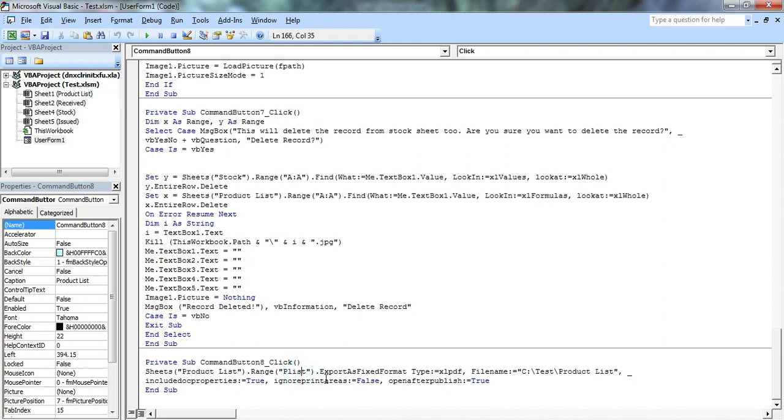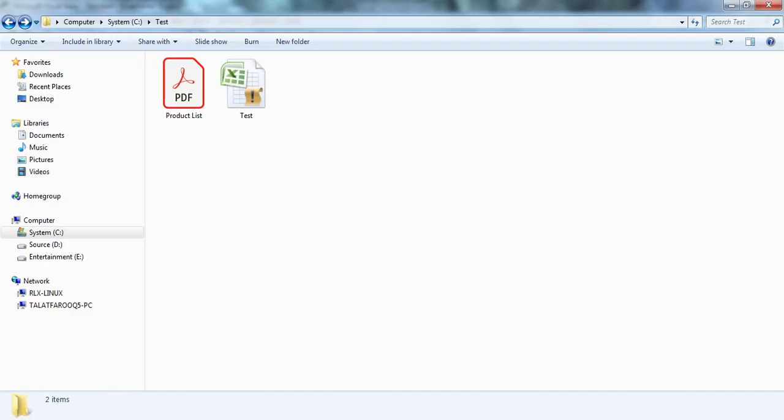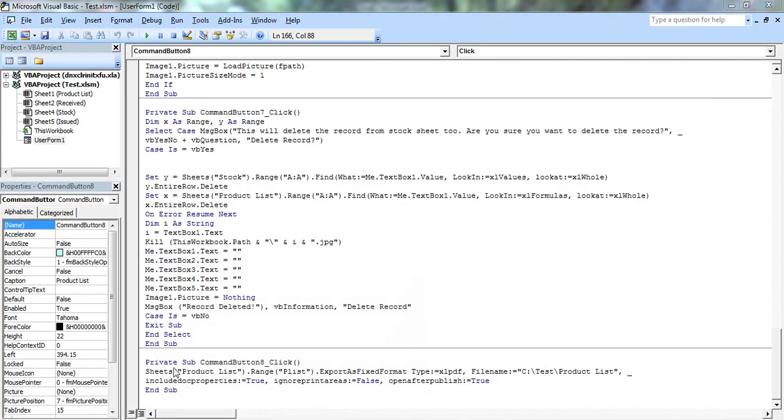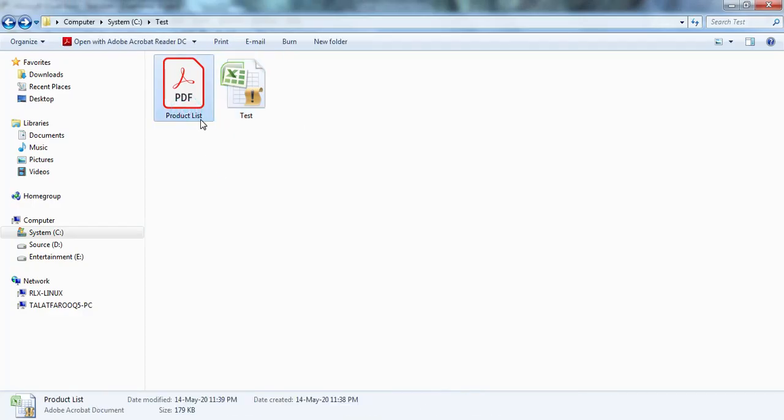After this, ExportAsFixedFormat, type PDF. Then we have given this file name and path. This is our file path, where our file is. You can see this is our file. Actually, if I delete this one, it will recreate.